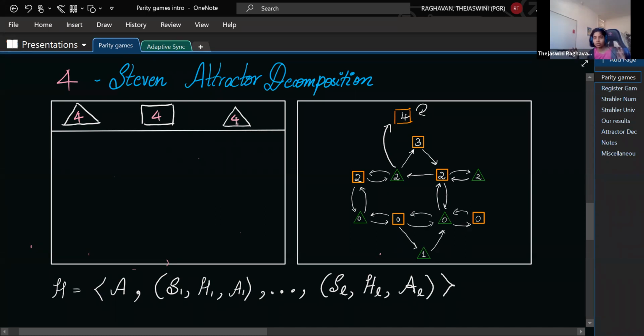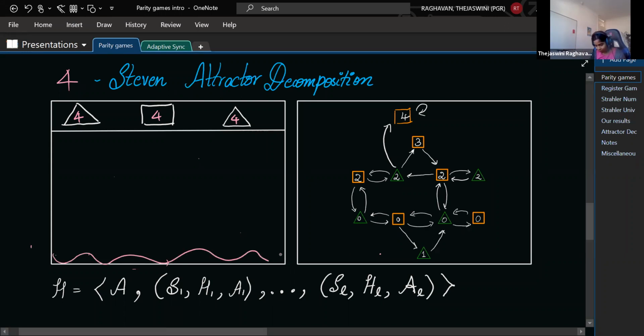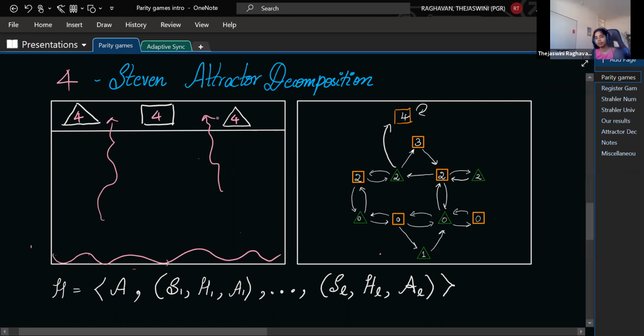You take all the vertices of priority 4 in this subgame, and then you compute its attractor. If it turns out to be the whole game, then you know that this is already a witness to the fact that all vertices win for Steven, right? If Steven can always see the highest priority by taking this attractor strategy, then he can see 4 infinitely often, because if the whole game is just 4 and its attractors, which have priority smaller than 4, then this is clearly a